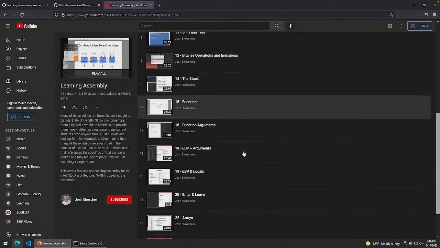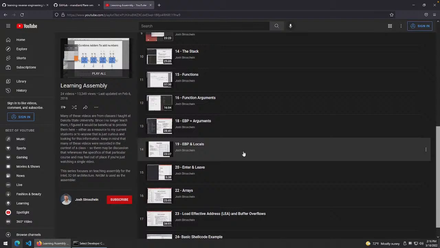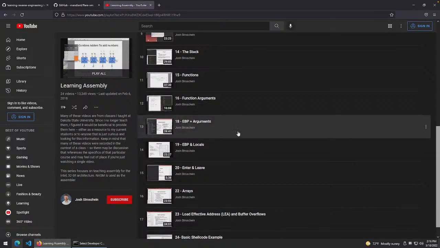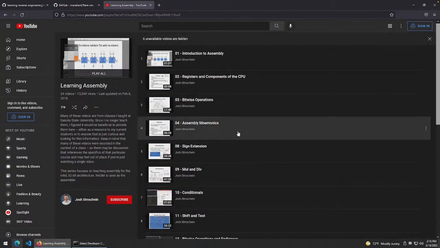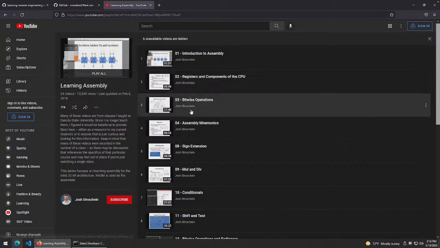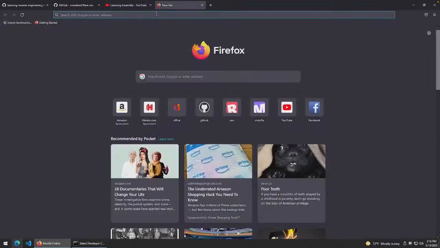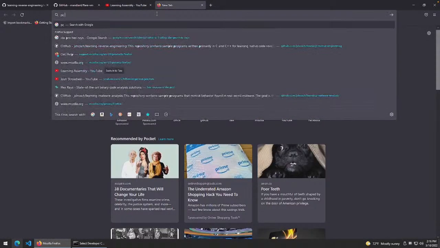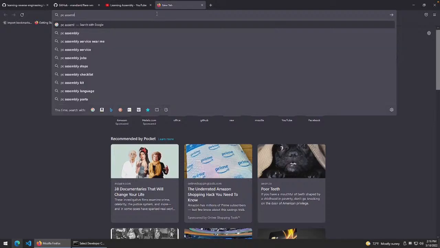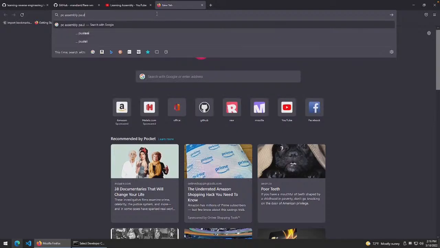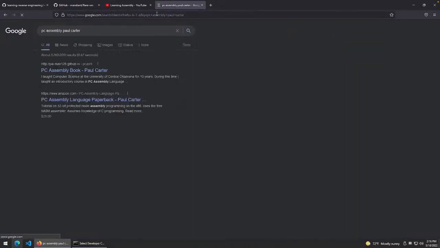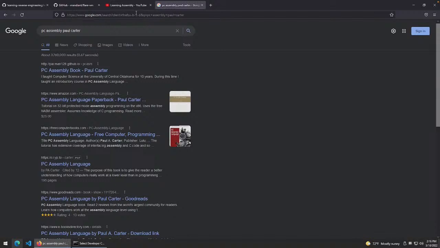the basics of assembly. What is a stack frame? What does EBP mean? What is even a mnemonic? It makes sense of all that stuff that we were looking at; this is a place to get started. There is also PC Assembly, by Paul Carter. And of course, I think No Starch has a book, and there's a lot of academic material; assembly is